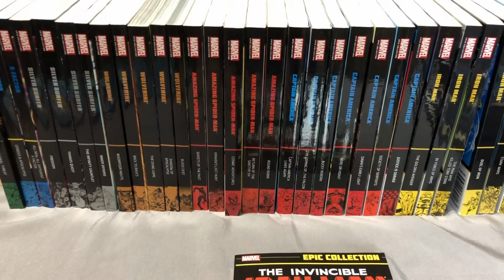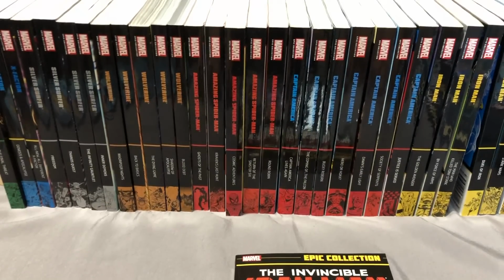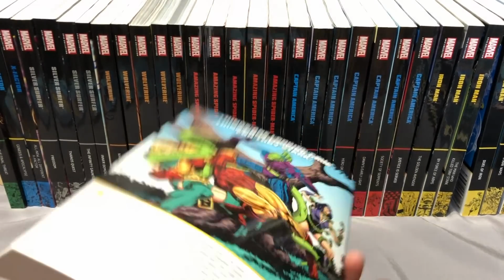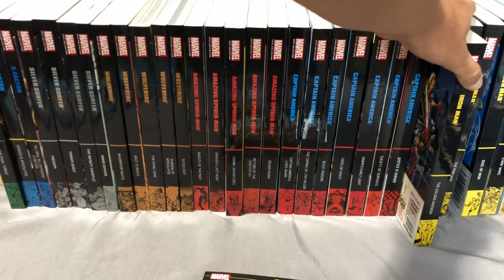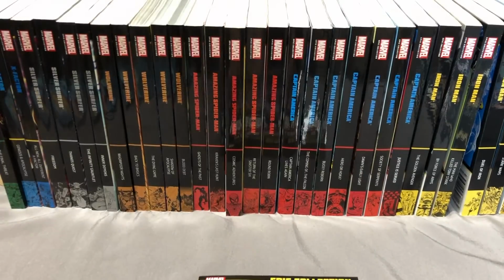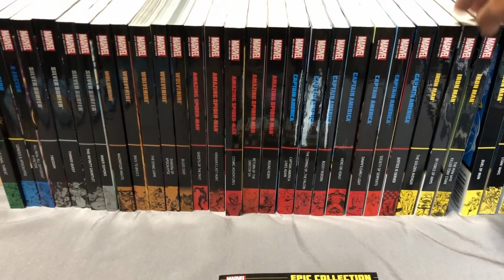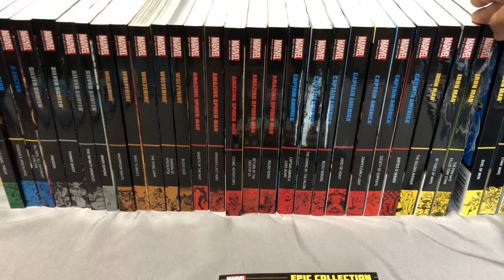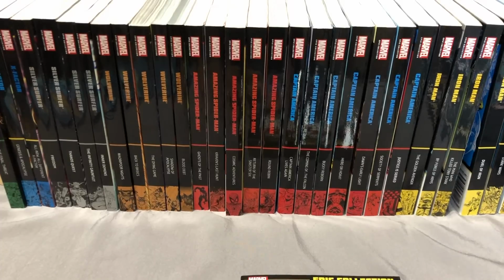One of the things they did that some people love, such as myself, and some people don't understand why, is release them out of chronological order. For example, Iron Man Volume 10 came out before Volume 1, which is the Golden Avenger. And that's to showcase stories, really, because not everybody's a fan of the Silver Age. So not everybody's going to buy them in chronological order as they come out. They would rather collect stories that have never been collected in Marvel Masterworks, or in any other trade